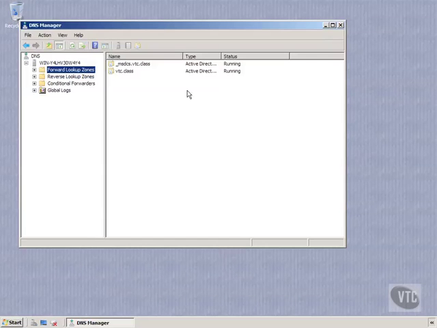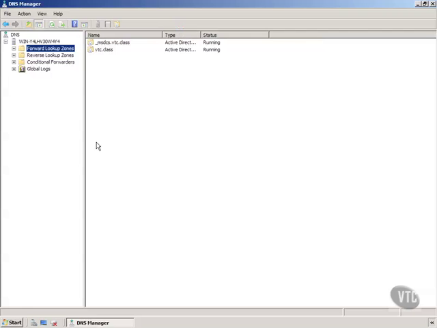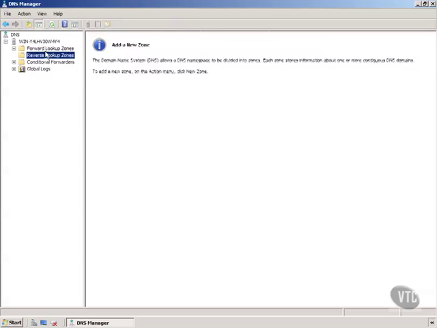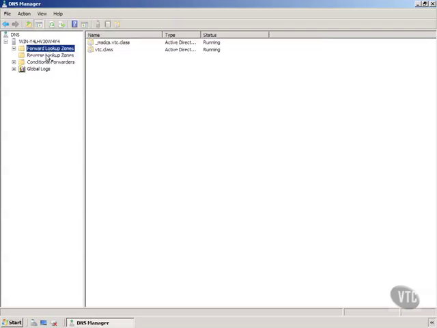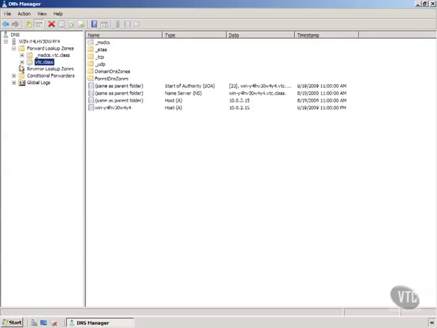And this will open up the plugin with the DNS Manager. I'll make that full screen. And notice, you remember in a different video we talked about reverse lookup zones and forward lookup zones, and here they are. We don't have any reverse lookup zones at this point. But if I click and expand the forward lookup zones, notice for the VTC class, I have